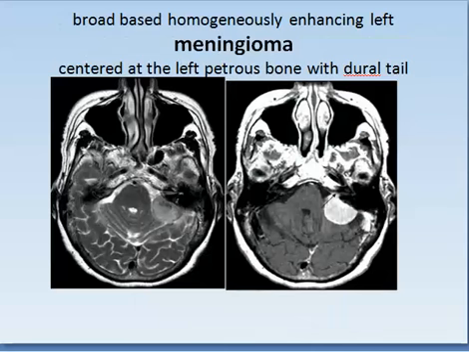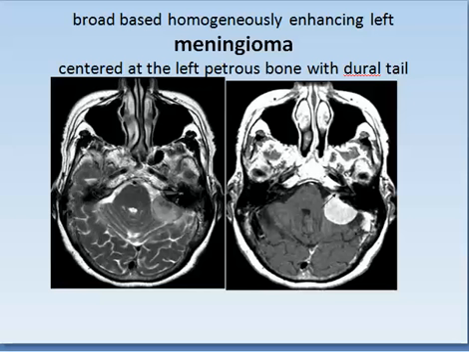And here the process is different. The canal is spared and the big tumor is based on the petrous bone, and the petrous bone in this area is eroded compared to this one, and at the same time you have the dural tail on either side. Dural tail still homogeneously enhancing.